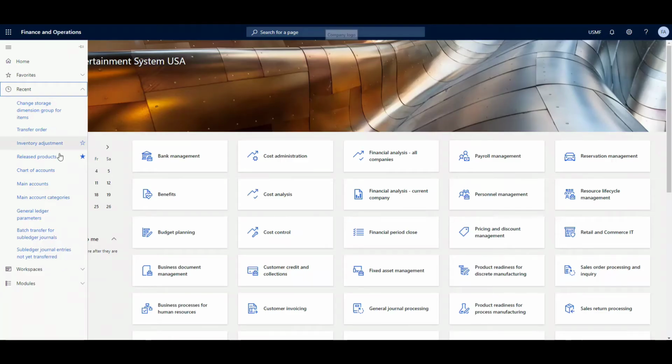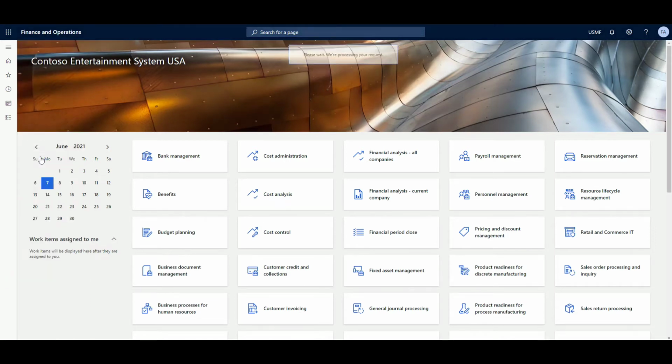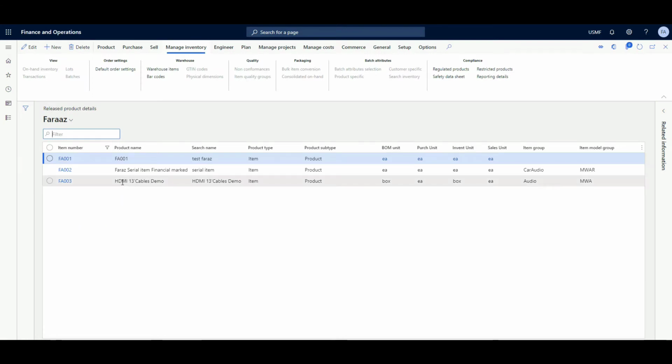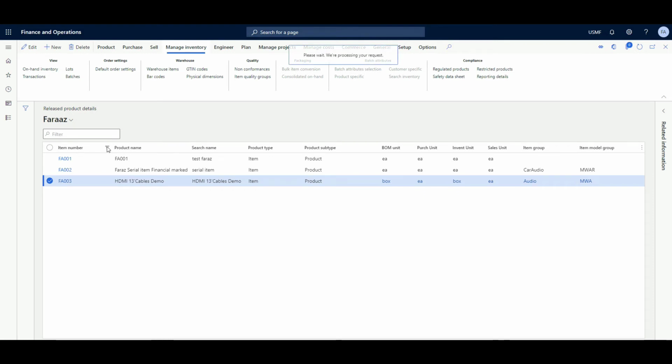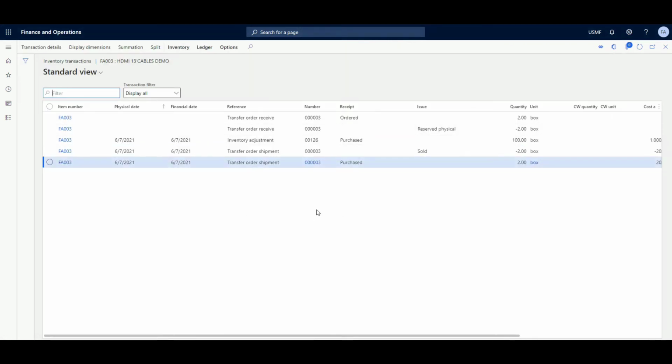Okay, so we need to go first to release products. So let's go to release products. Okay, so I have just created this item, and what I can do is show you that there are certain transactions on it. Click on transactions, and you can see that I just created some inventory from an inventory adjustment journal, and then I used a transfer order to ship this inventory, just to show you that this item already has some transactions on it. So if I close this,